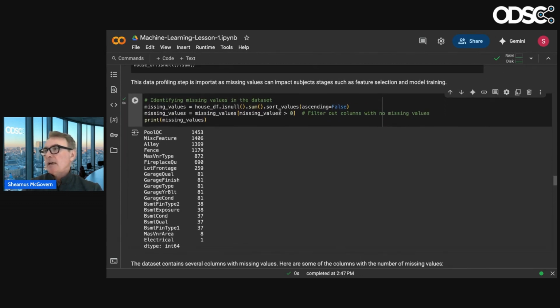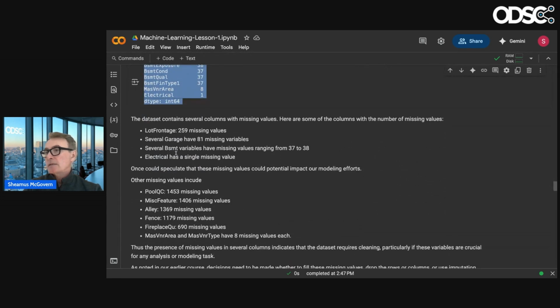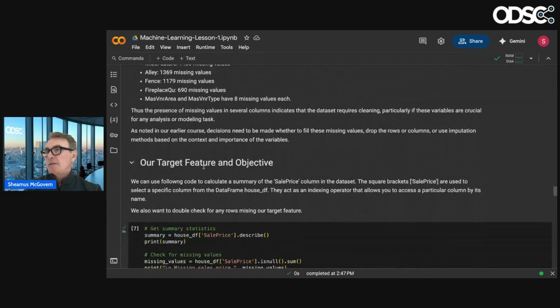So again, we're looking at the house data frame, saying is null and finding out which ones are null, and then sorting. And then if it's greater than 0, printing those out. So we've got a bunch of missing values here, which we looked at last time, and I go into some details there.